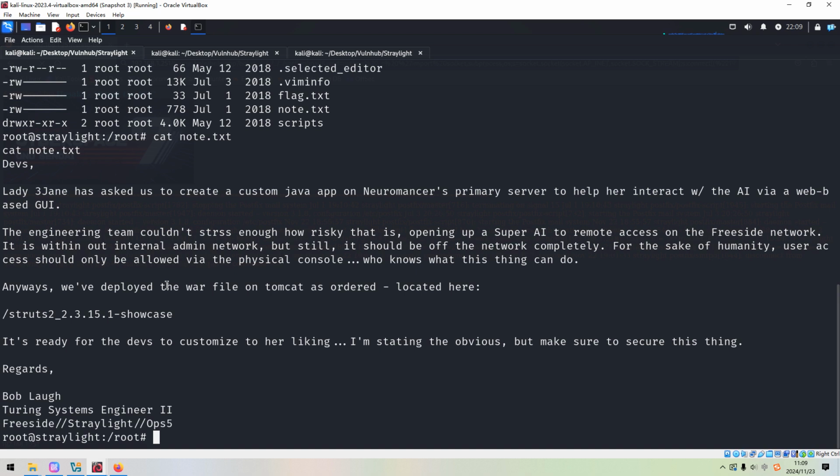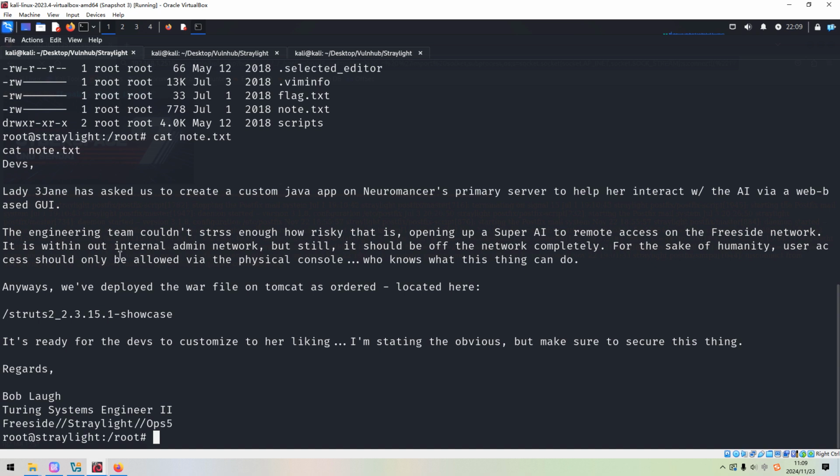to proceed here. So this guy has asked us to create a custom Java app on this machine. So very clear, we need to find out such a Java app on the second machine. And also opening up a super AI to remote access to the FreeSite network.